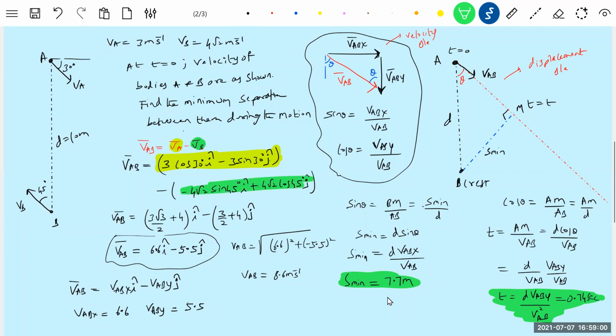Now make an observation. I think you can manage numericals of any direction now. You can easily work them out. Now there is a minimum separation. Now let's go for relative projectile motion. Again the same concept has come in a slightly different way. What we all studied now has to be applied here. So now relative.